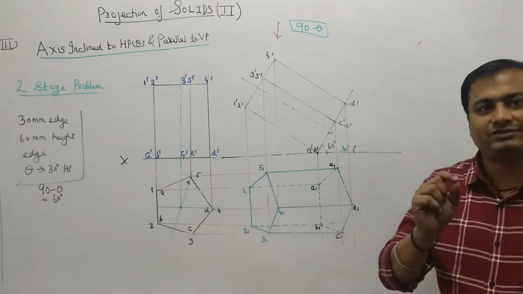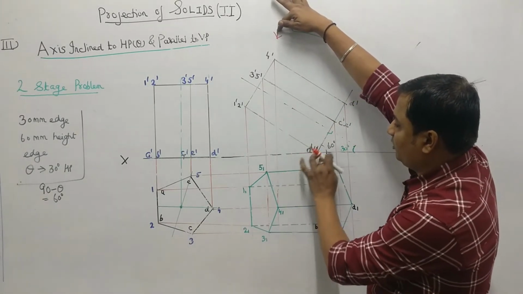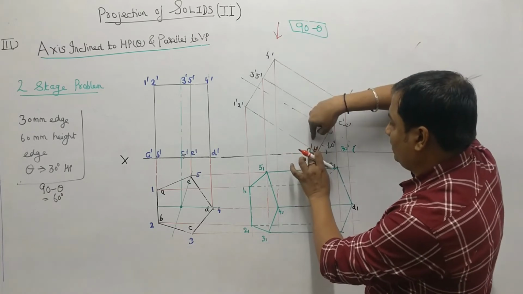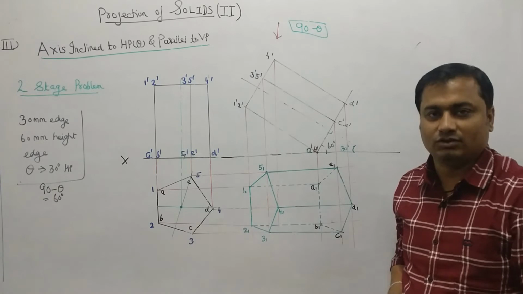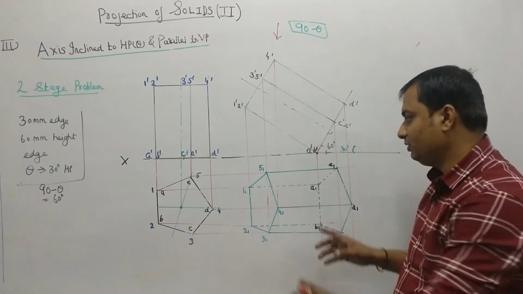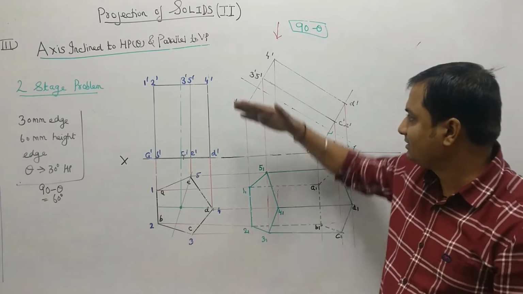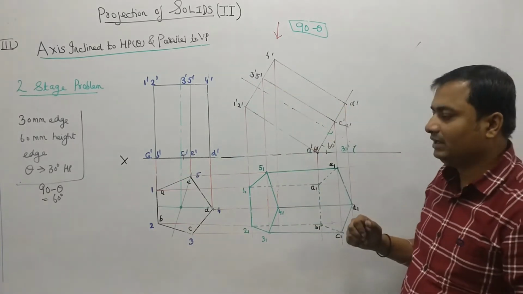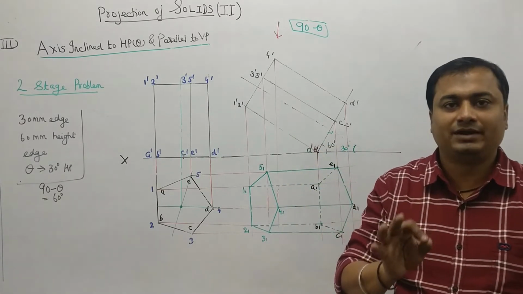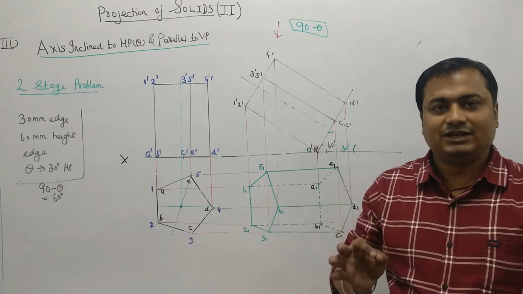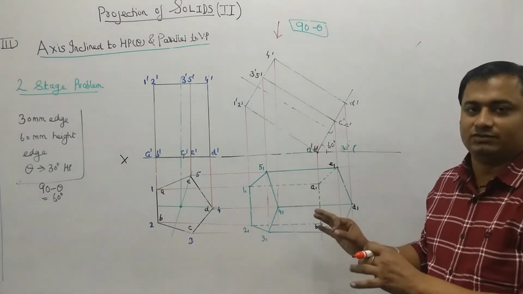So again I am repeating the trick. What I have done is, see from the top, identify the farthest point from the top. उस पॉइंट से जितनी लाइंस पास होके जाएंगी, you have to make it dotted because that is not visible from the top. So now this is the complete top view of the pentagonal prism, when the axis is inclined 30 degree with the HP. This is the solution of that problem of a regular pentagonal prism resting on the edge with the axis inclined 30 degree with the HP.